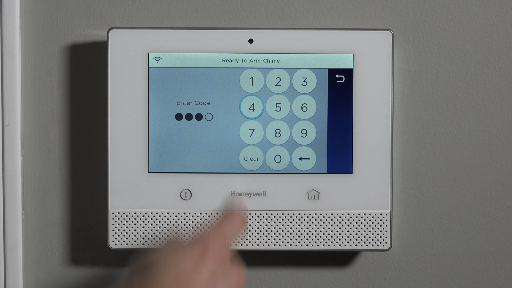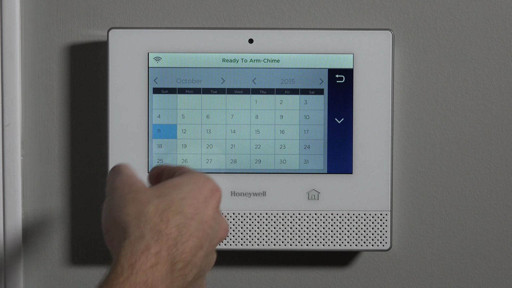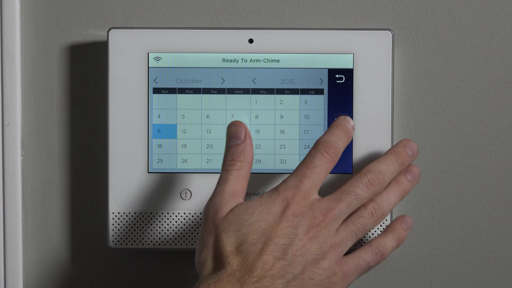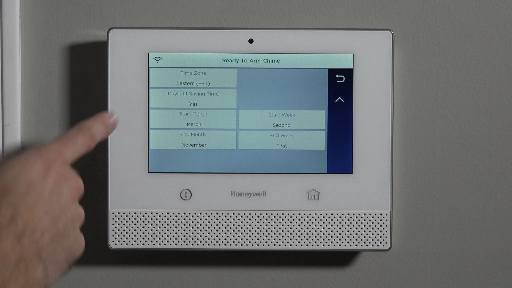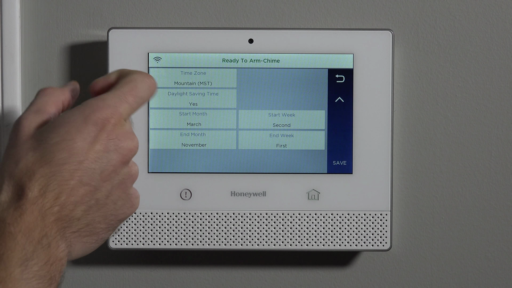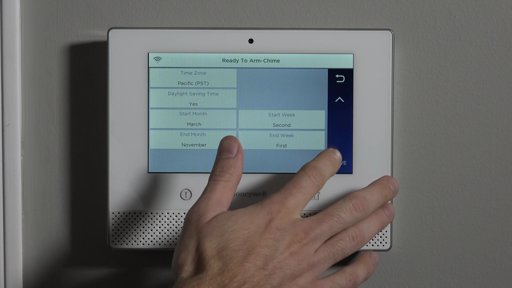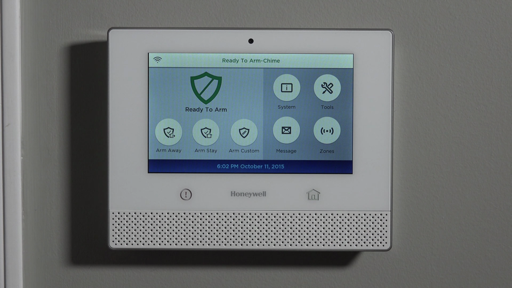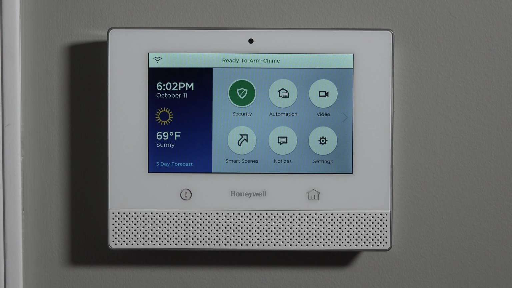If you do 1, 2, 3, 4, which is the default master, you can hit date and time. You could select your custom date, but it's going to override when the server is active, so there's no point in doing that. Just hit the down arrow twice, and now you have this selection to choose Pacific. And if you save it on Pacific time and come back out to the home screen, it'll take a minute to update, but this 6:02 time will fall back to 3:02 because there's a 3-hour time difference between East Coast Standard Time and Pacific Standard Time.